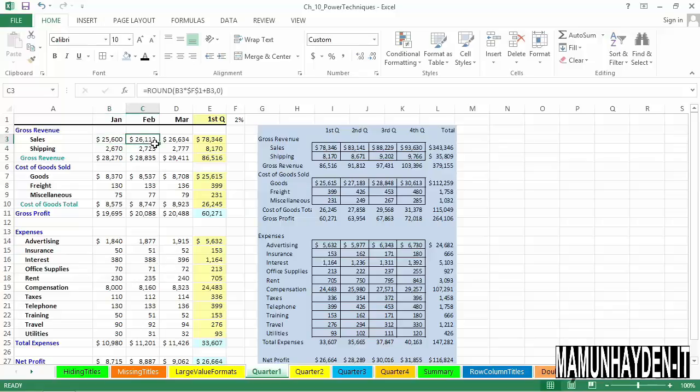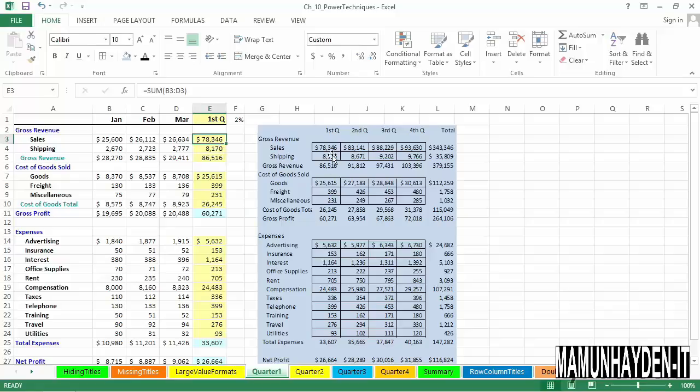In February and in March, these totals are based on what happens in January. And on the second quarter sheets, we've got similar formulas that are initially based on March and then based on subsequent months. So there's an undoubted ripple effect here. If we change this 25,600, the immediate impact here will be to change February and March and this total. And this total,